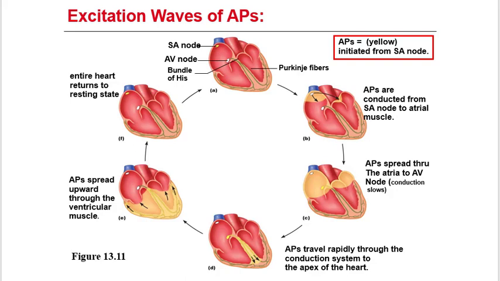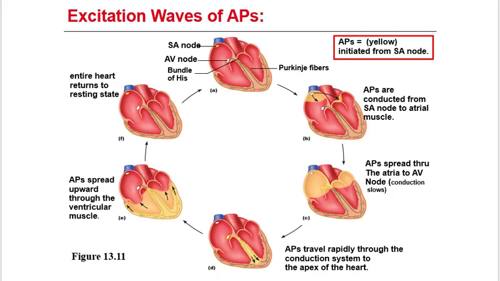It is now the job of the Purkinje fibers to carry the depolarization signal down to the ventricles. So in panel D, the only part that's highlighted is the septum, kind of the wall that separates right and left heart. And the Purkinje fibers use that as a little freeway, and they're depolarizing. And if you come up here to panel E, you see the ventricles are fully highlighted in yellow, and they're undergoing